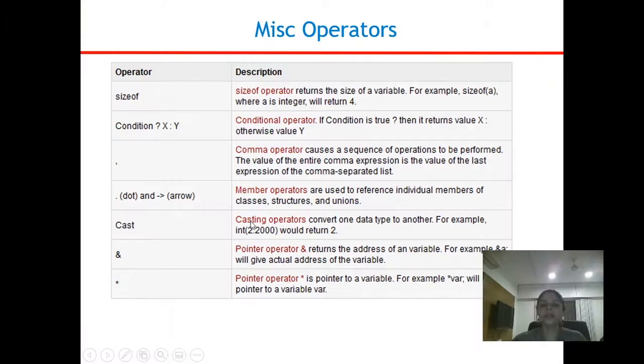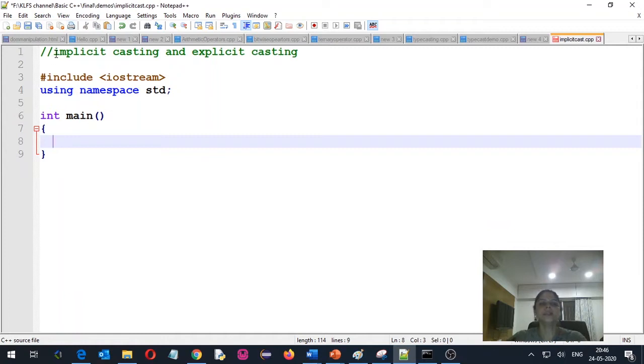In the previous part we had discussed how to use the ternary operator and the nested ternary operator. In today's session we are going to see how to use typecasting, and how to do implicit typecasting and explicit typecasting. The typecasting operator is used to convert one data type into another data type. So two types of castings are there: one is implicit casting and the other is called explicit casting.